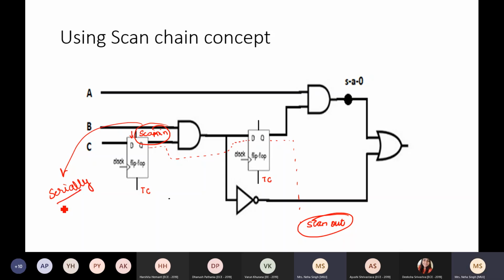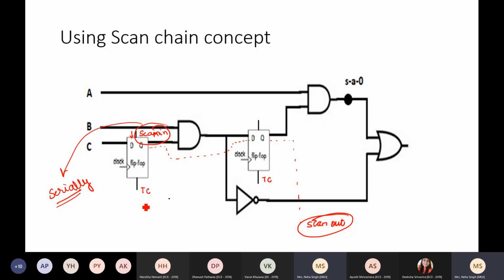So the only disadvantage that right now we are having for this scan chain concept is that we are having this data entered serially. So as many D flip flops as there are, that many clock cycles I will need. So if there are 10,000 flip flops, I'll need 10,000 clock cycles. But